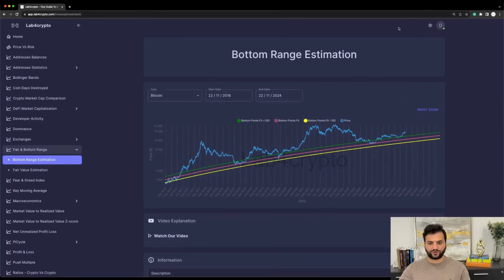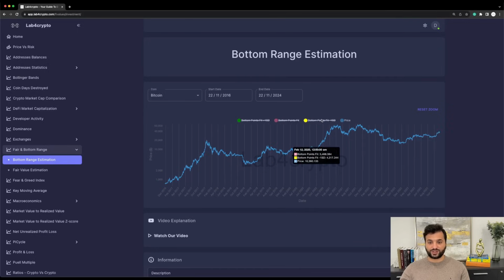In the graph in front of us, on the x-axis is the date time, and on the y-axis is the price of the asset that we're looking at in US dollars. Note that in our platform you can check more assets other than Bitcoin, so I will leave that to you to explore. When you mouse over the graph, you will see that the blue color is showing the Bitcoin closing price, and the other three lines are the model lines, which I'm going to hide for now because